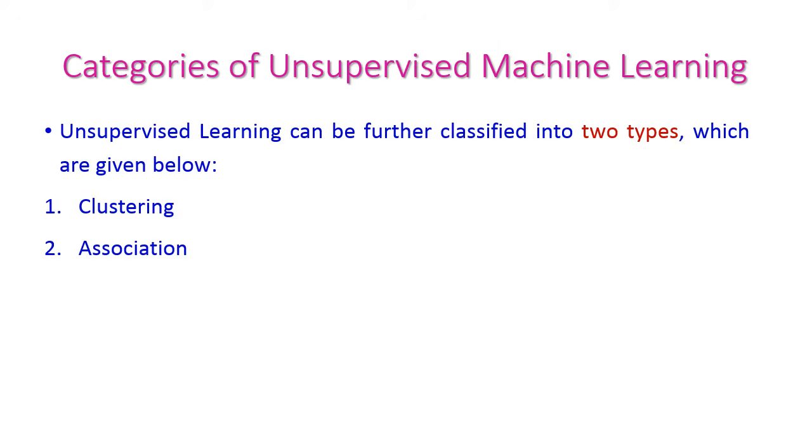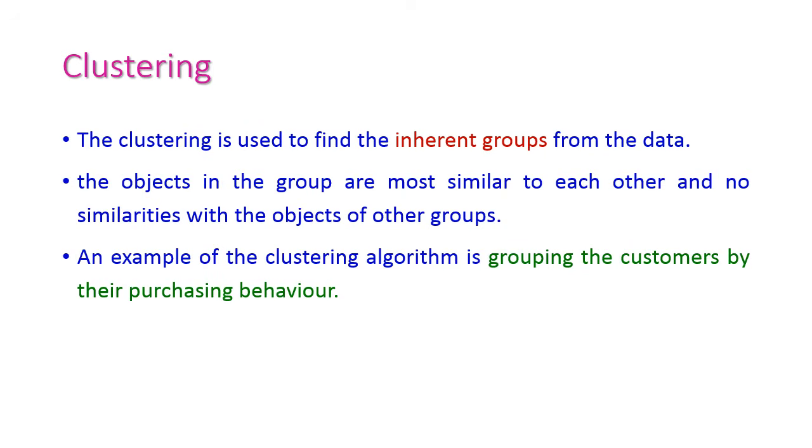There are two main types of unsupervised machine learning. First one is clustering and second one is association. The first type of unsupervised machine learning is clustering. Clustering is used to find the inherent groups from the given data, right? That means the data will be divided into different groups, and the objects inside the group are highly related